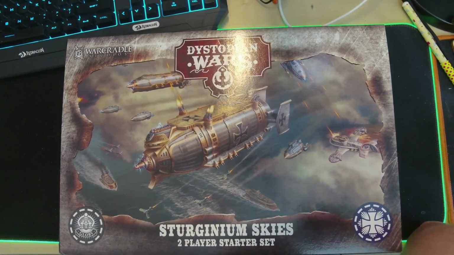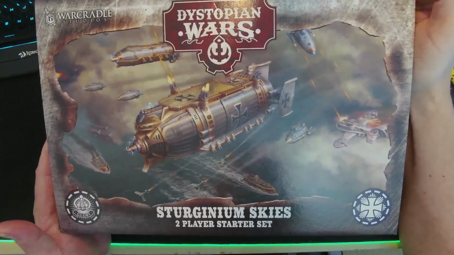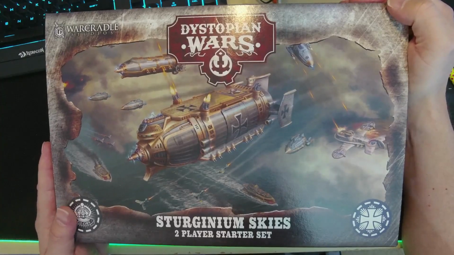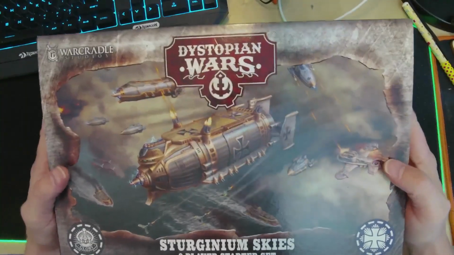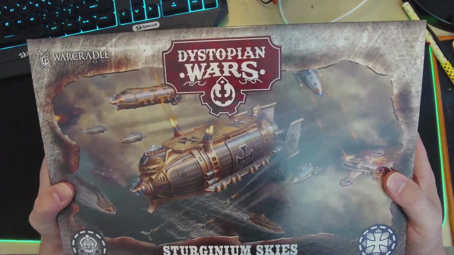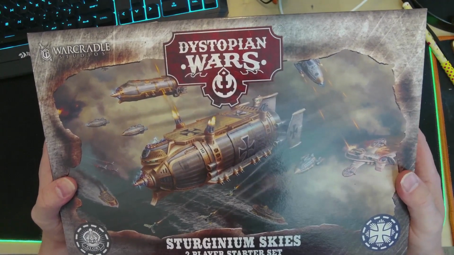Okay, here we are with the Sturginium Skies 2-player set, and as you can see it's filling up the whole screen, and my camera's a decent way from the desk, so it's a big old box. Gorgeous picture on the front showing the baddies. Well, they are as far as I'm concerned, because I'm going to do Crown, but they're the Imperium on the front, and